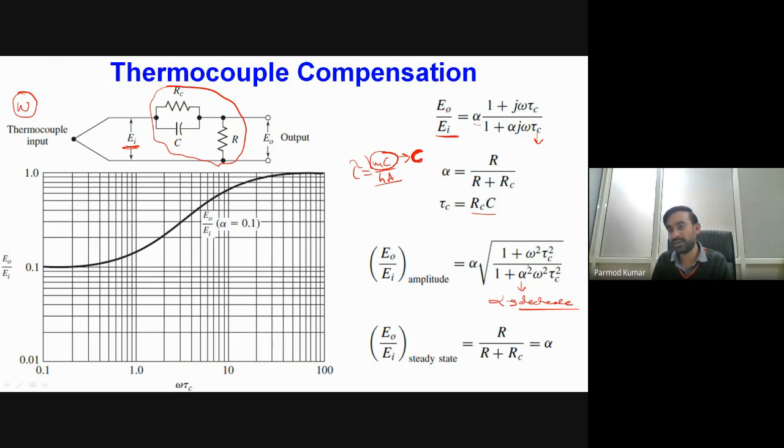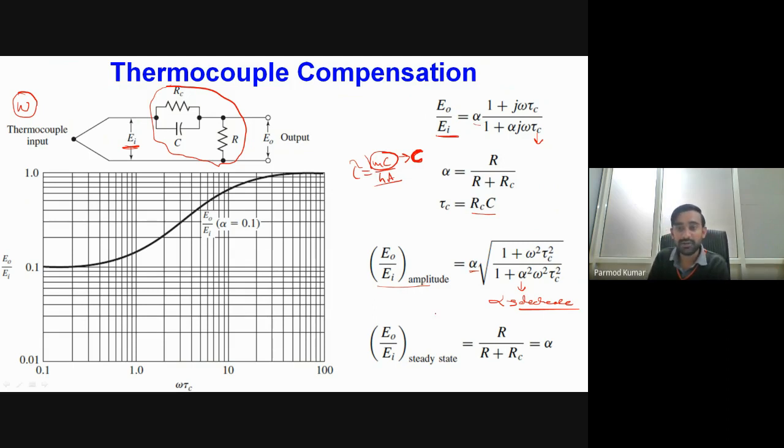But at the same time, if alpha is decreasing, since alpha is outside in multiplication, the amplitude ratio of the entire circuit will also decrease. So if we employ this circuit for very small, sensitive temperature measurement, we have to use some additional amplifier circuit in order to amplify the signal, because if we decrease the value of alpha, the value of the output signal also decreases.